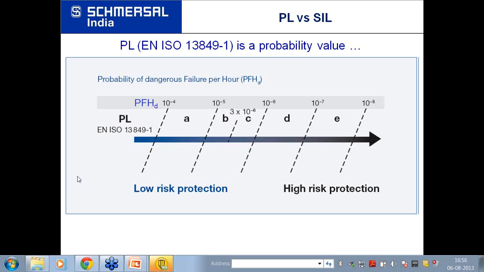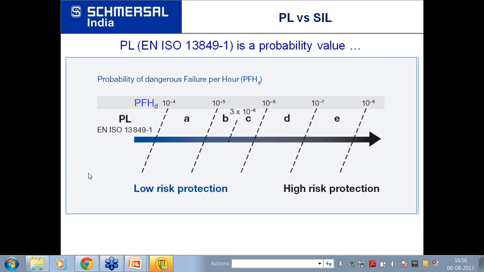Mr. Sharath Giridhar has asked, is there any specific compliance or statutory norms to be maintained for the level of safety in equipments? So the level of safety is always for a system, and although it is also available for equipment, there are no specific statutory norms that this equipment should be available for this level of safety. It is your usage which defines what level of safety you require.